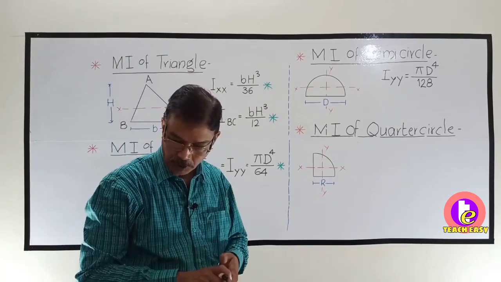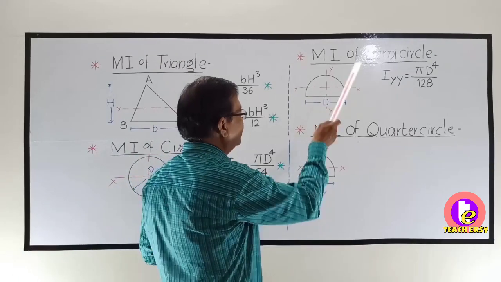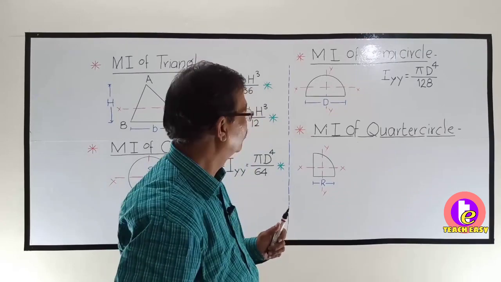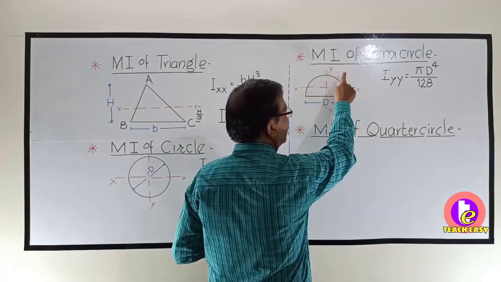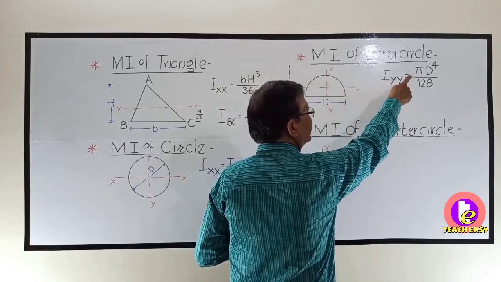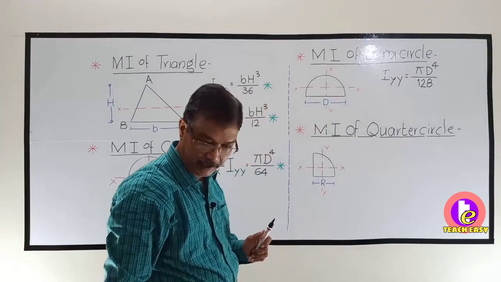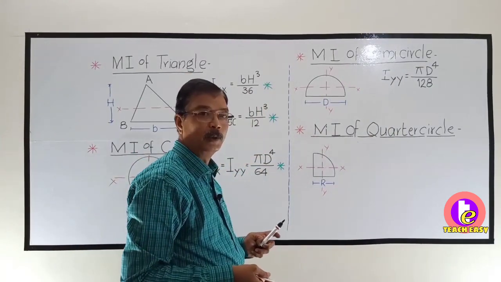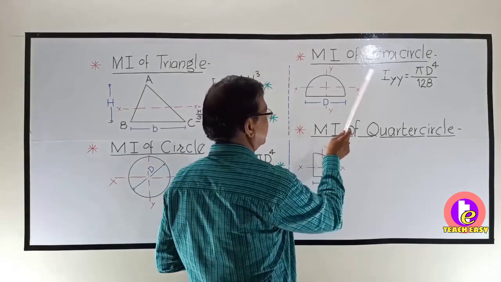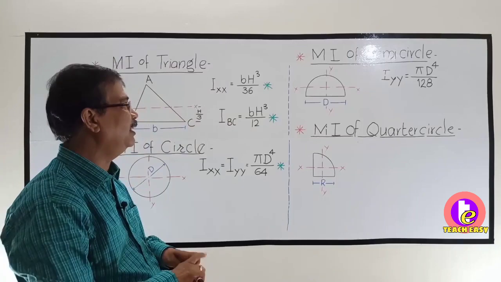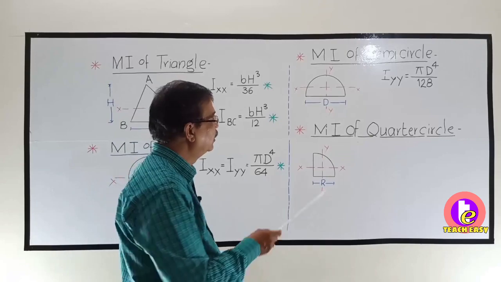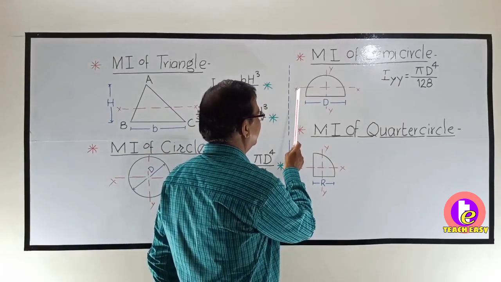Now, we know the moment of inertia of this semicircle about this axis will be the same as Iyy, because this is half the circle. So the moment of inertia of this semicircular lamina about the base will be the same, pi d raised to 4 upon 128, and using the parallel axis theorem we can find out the moment of inertia about the x-x axis. But only one thing you have to do, that here you will have to say by parallel axis theorem,